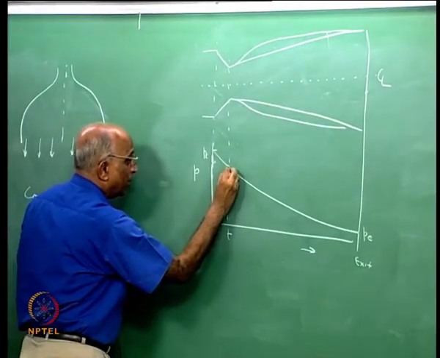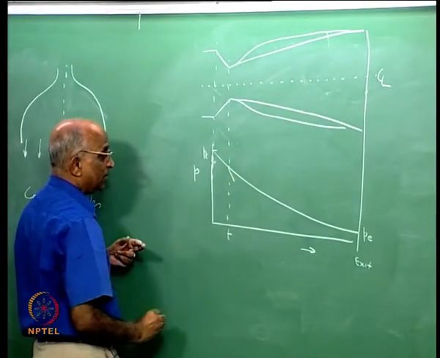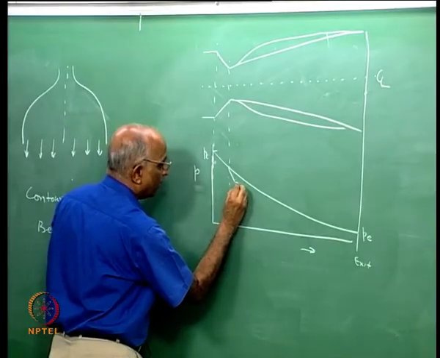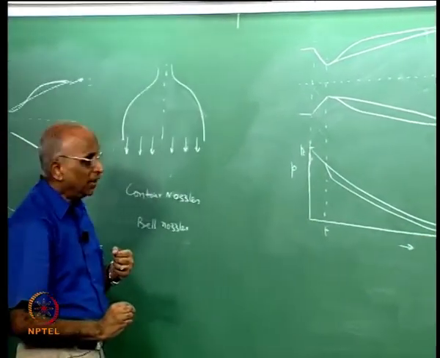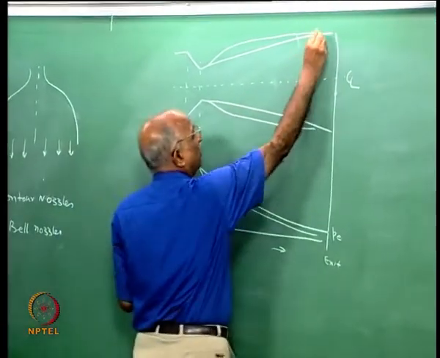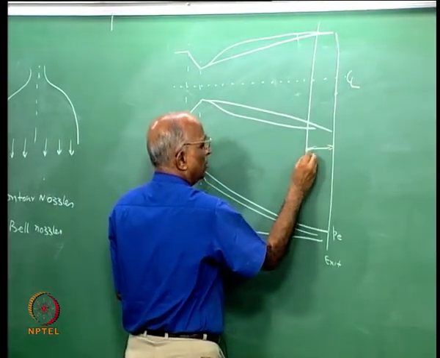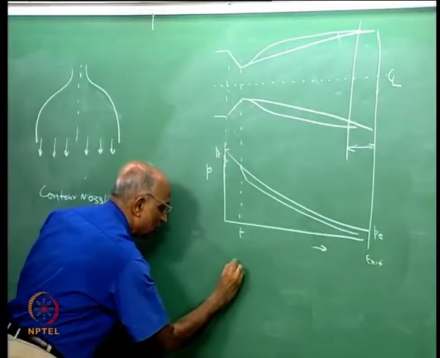In other words, over here I expand the gases at higher pressure and then I bring it over here, in which case it will be possible for me even to reduce the length of the nozzle, and therefore these bell nozzles